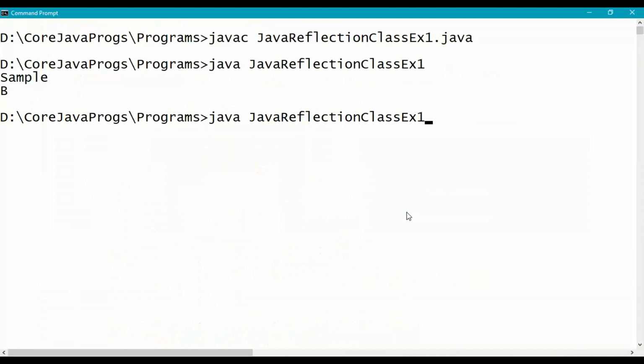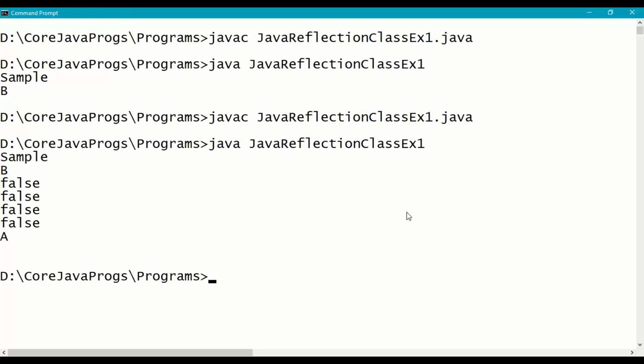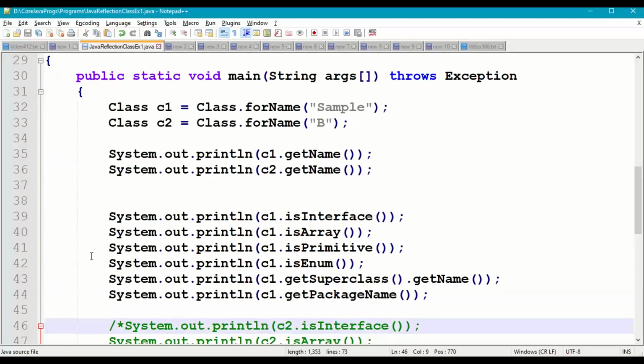So save it, recompile, no error, run. So false for is interface, is array, is primitive data type and is enum. So the superclass name is A and it does not belong to any package, so it is returning an empty string. Right, so similarly I will check it for